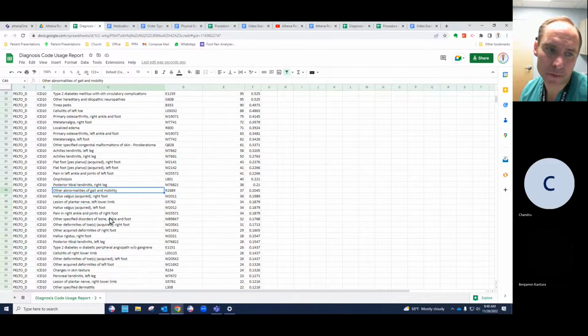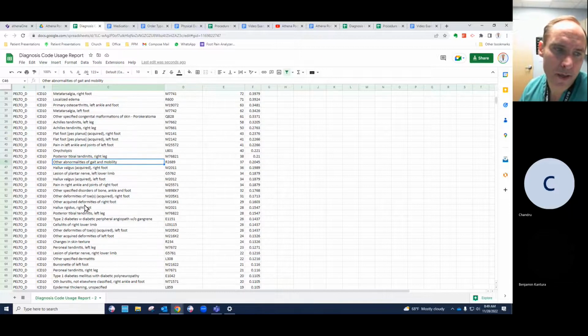Other specified disorders of the bone and foot. There are some pediatric things, and they'll come up as these, where you might put a specific name in there, but it comes out with this kind of generic term. Other acquired deformities. Once again, when it comes out generic, I'm usually putting a specific name in the medical record, but it's popping this up. Hallux rigidus is arthritis of the big toe joint on the right. Posterior tibial tendonitis. Type 2 diabetes, cellulitis,